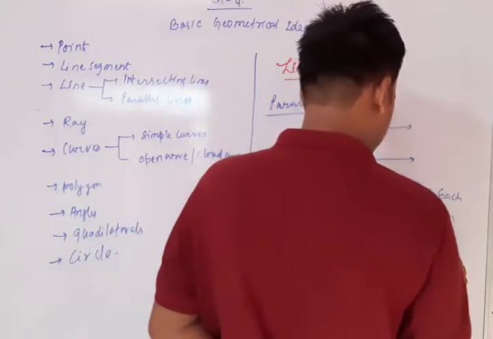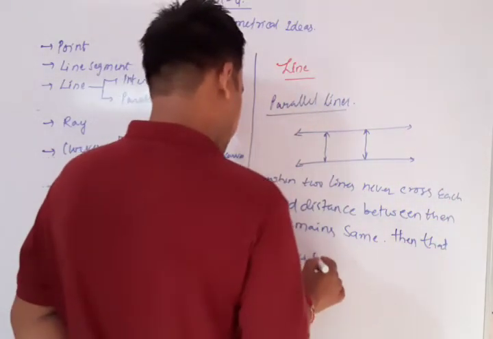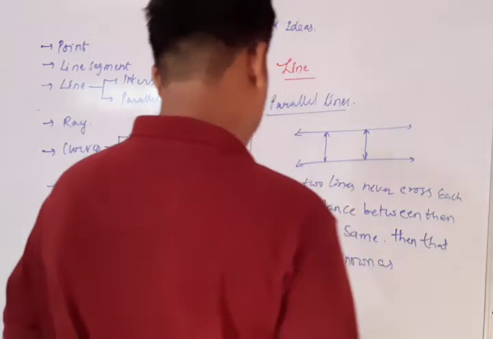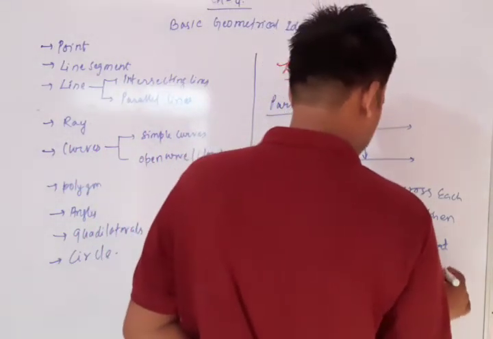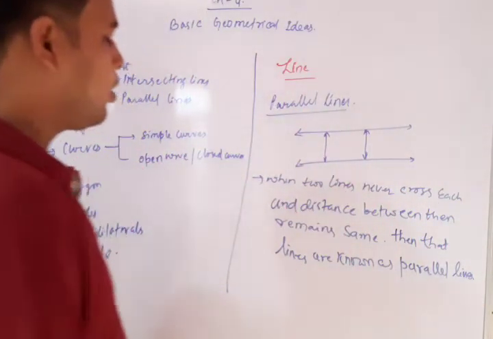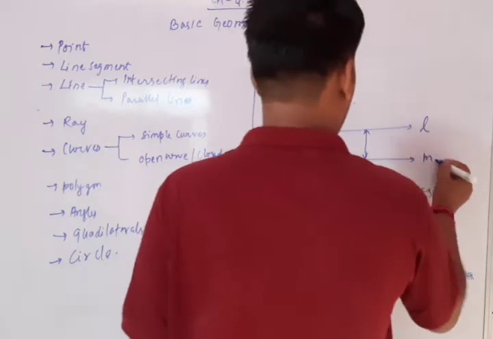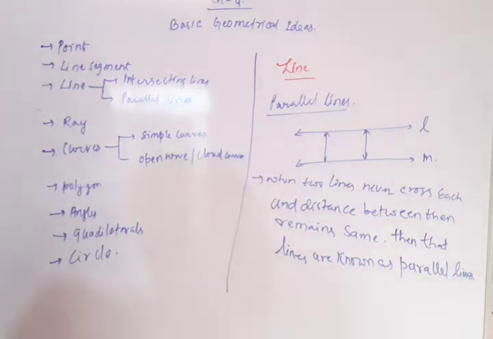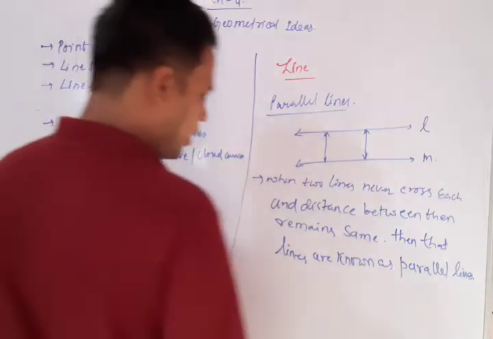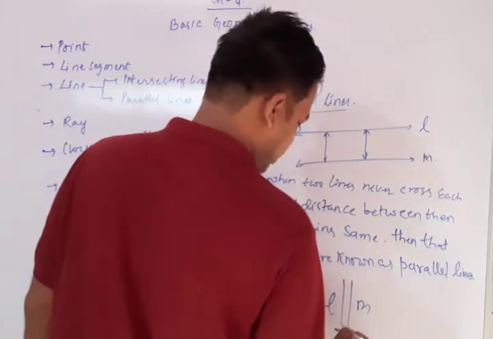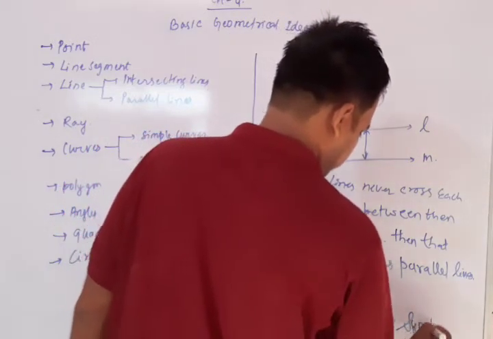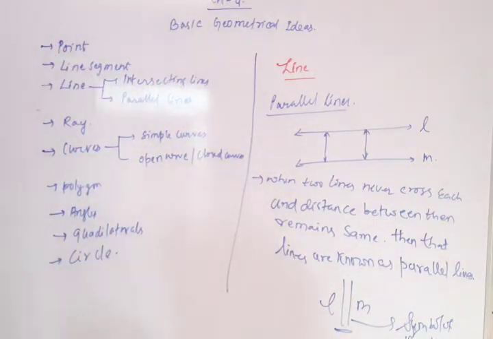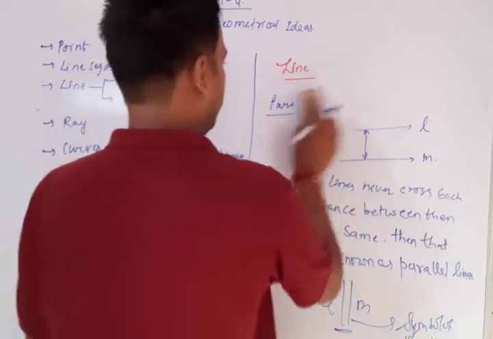then those lines are known as parallel lines. क्या होगा कि ये जो दो लाइन है, लाइन एल और एम, ये दोनों लाइन कभी एक दूसरे को क्रॉस ओवर नहीं करेगा और इनके बीच में जो डिस्टेंस रहेगा हमेशा सेम रहेगा। क्या रहेगा? दैट डिस्टेंस विल बी सेम। और पैरेलल हम किस तरीके से रिप्रेजेंट करते हैं? टू लाइन से। ये हो गया पैरेलल लाइन का सिंबल। सिंबल ऑफ पैरेलल लाइंस। अंडरस्टूड? नाउ वी विल मूव टू रे।